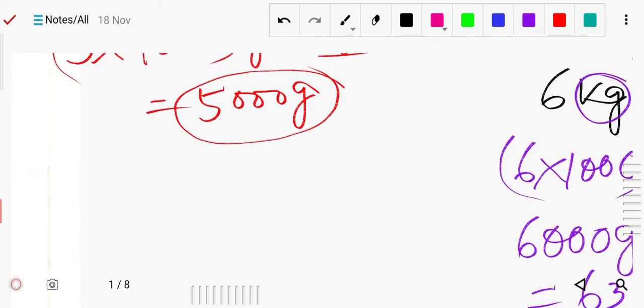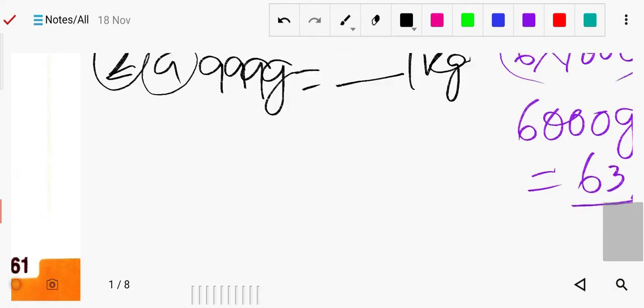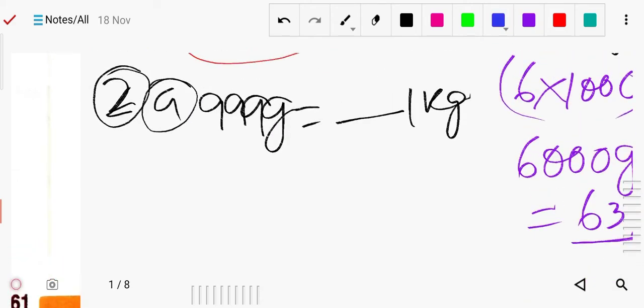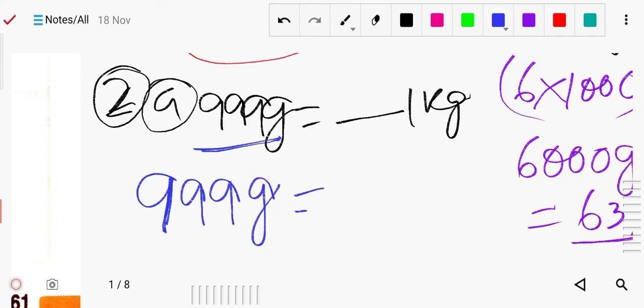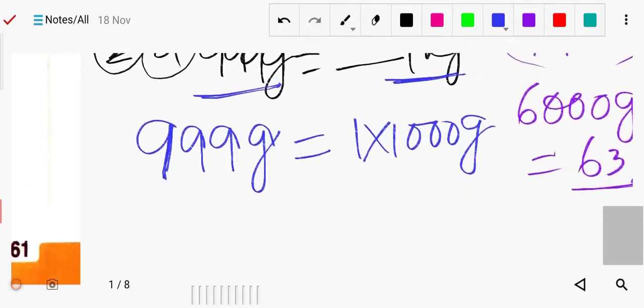So you can see that is number 2a. So first is given 999 gram equals to 1 kg. So what you can do, so here you can see this already it is in the gram part, so no need to change. As I told, change in the same unit. So 999 gram. So in the 1 kg how many gram? So 1 into 1000, because kg to gram you will go 3 step down. So up to down multiply, or you can just remember in 1 kg how many gram? 1000 gram. You can by heart it also.